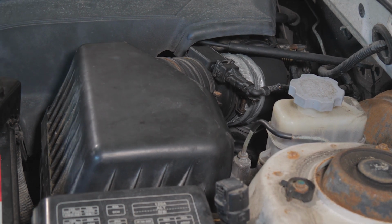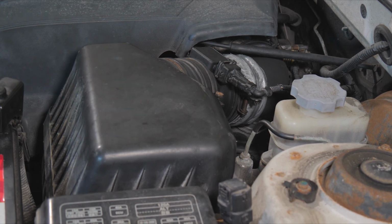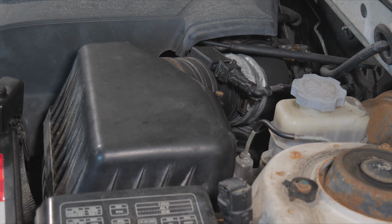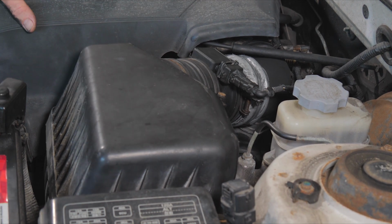We got some movement. That's normal. It is a little bit on the looser side, but we didn't get any big jumps. The big jump would mean that the bushing is just ripped. This is all acceptable. So what we're going to do now, let's peel this cover off first so we can